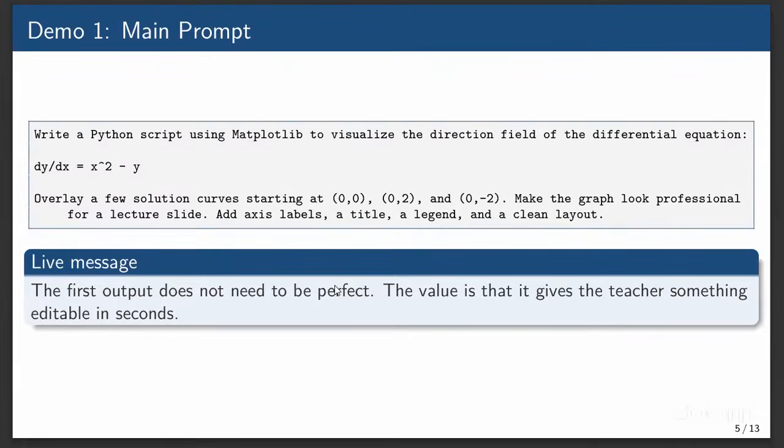Excuse me, sir, only your prompt screen is visible. The direction field plot and other things are not visible. Okay, sorry. I have to wait a minute. I have to share the entire screen. Why is it not showing? I have shared the entire screen, but why is it not showing? Let me share again. Now the screen is not even shared. Okay, wait a minute.